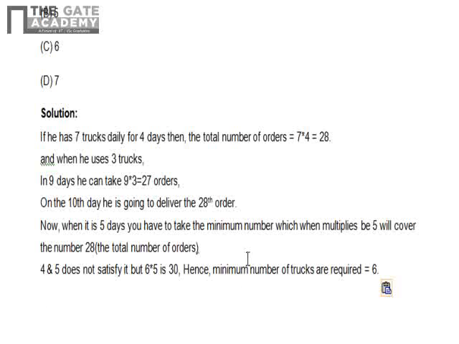So if you want to deliver those in 5 days, you need that number of trucks which, when multiplied with 5, will give an answer near 28. If you multiply 5 by 5, you'll get 25. Then having 5 trucks will not suffice. So you should have more than that. If you have 6 trucks, then 6 into 5 is 30. That means within the 5 days you can complete these orders. So this was a very simple example. Sometimes if you don't convert these from words into numbers, you'll find it difficult.